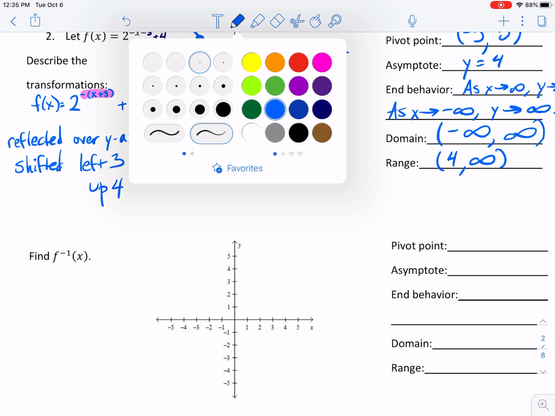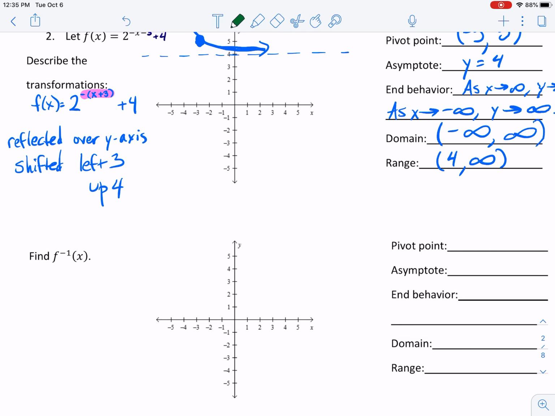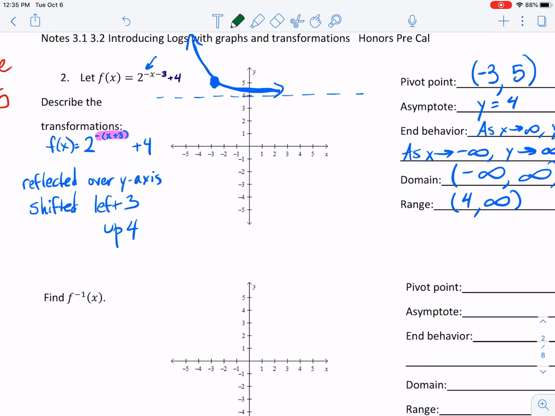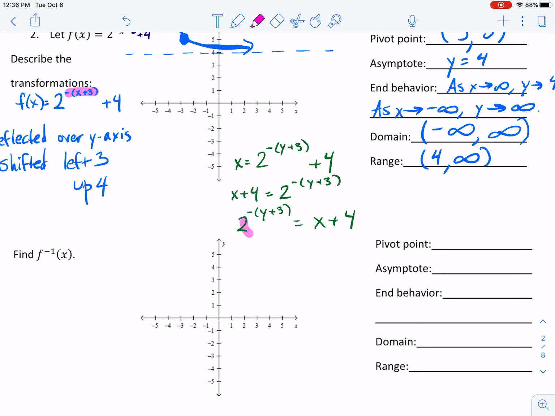All right, so now the next part comes along. They want us to find the inverse. So the first thing I'm going to do is switch my x and y. So x is equal to 2 to the negative, let's keep it factored out, (y plus 3) plus 4. I'm going to start solving, and I have x plus 4 is equal to 2 to the negative (y plus 3). Or if I were to write it this way, 2 to the negative (y plus 3) is equal to x plus 4. Now I can think of this in logarithmic form. And so here is my base. That 2 is my base. So I have log base 2